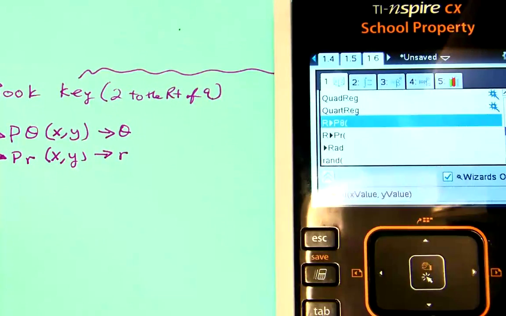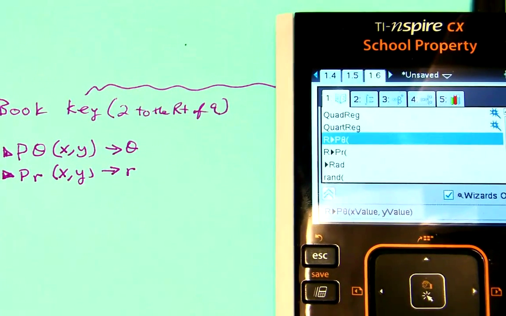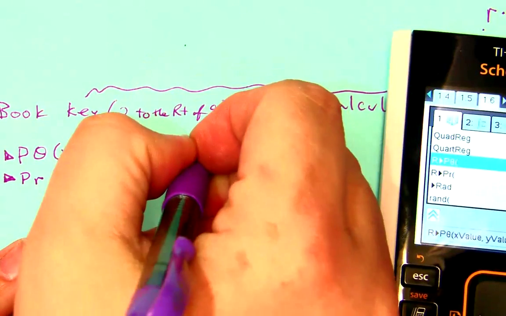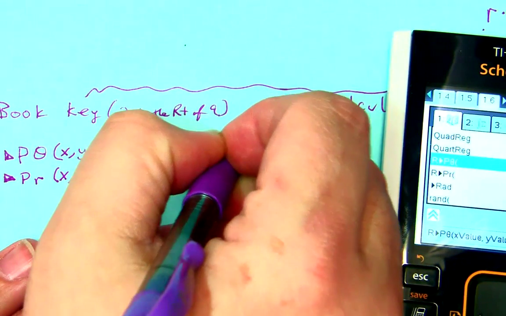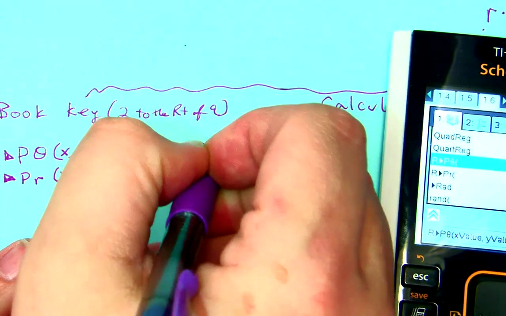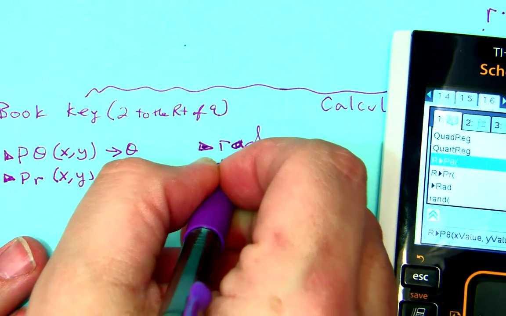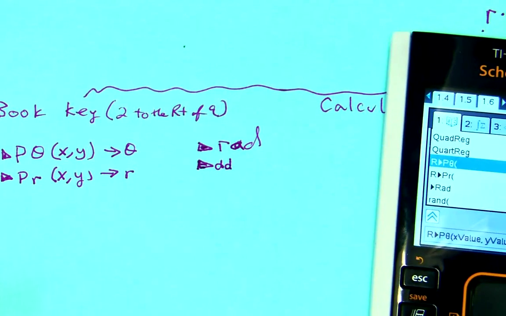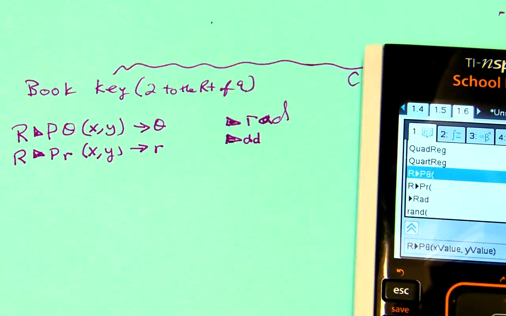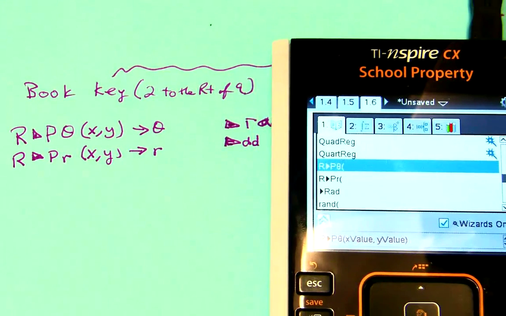Now, depending on what your calculator setting is at, your theta will either come in at radians or into degrees. But remember, you can also convert to radians if you're in degrees, or if you're in radians you can convert to degrees. So that's going from rectangular to polar, and we can go polar to rectangular by using the book again, and